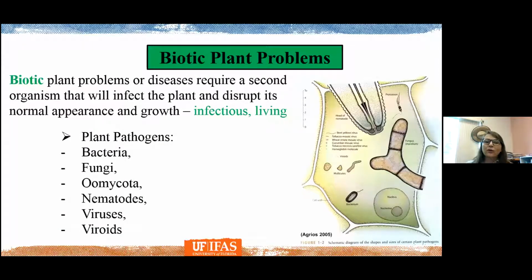For the biotic problems, they are problems caused by usually an organism that, when it infects the plant, will disrupt its normal appearance and growth and cause the disease. So it's a problem caused by an infection, a living organism. The most common plant pathogens that we have are the bacteria. And in this group, we also include the phytoplasma, that is a different special type of bacteria that is also very common causing disease. The fungi,